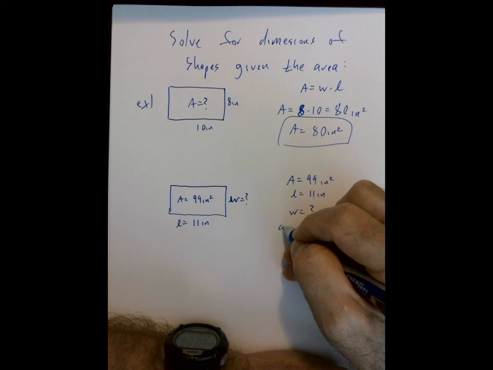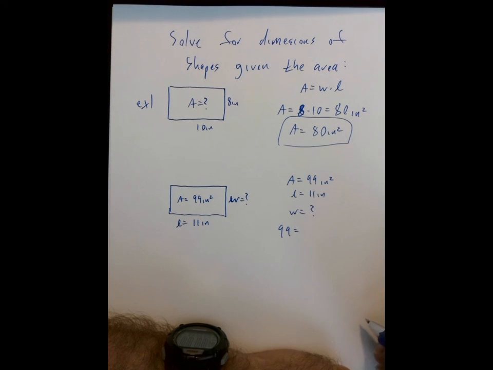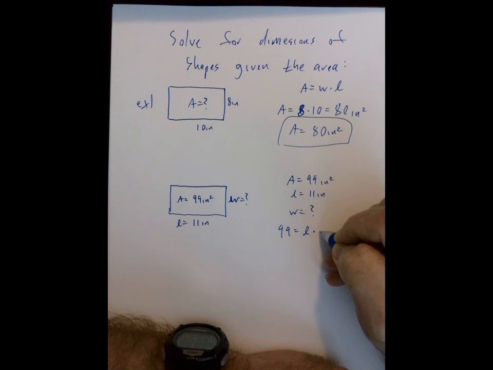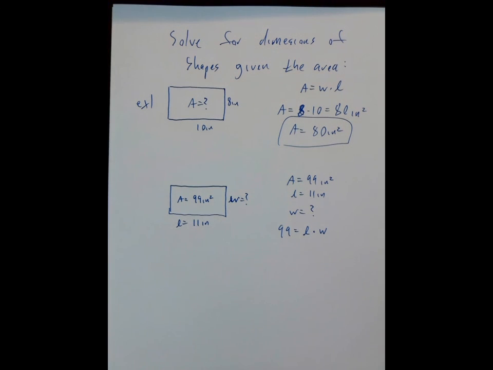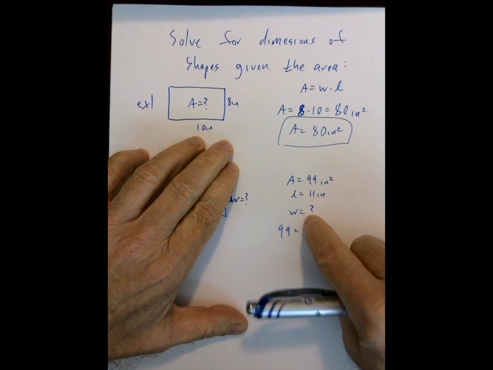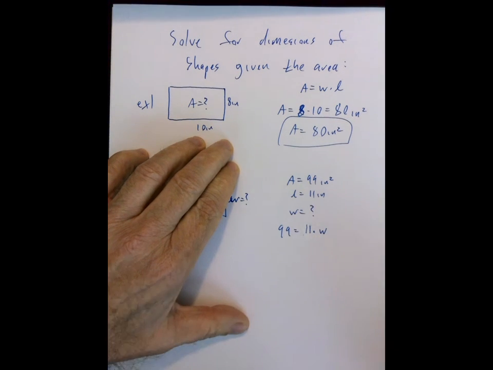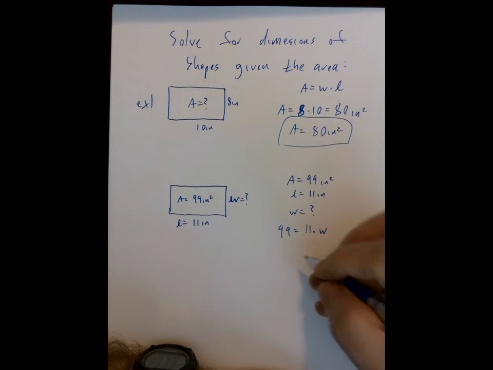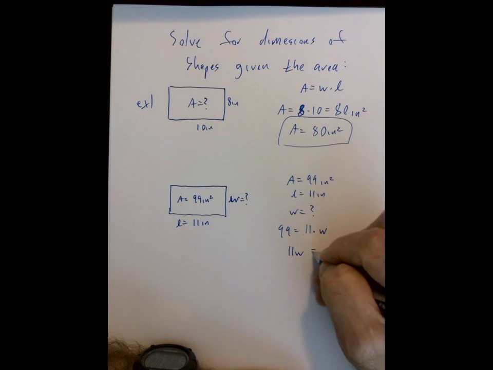So 99 goes where the area is. 11 goes where the length is. W, we don't know. That's the width, right? Oops, I didn't even write it in. The length is 11. Okay, so 11 goes where the length is. W, we don't know what it is, so it stays W. 99 is the area. Now we rearrange that a little bit